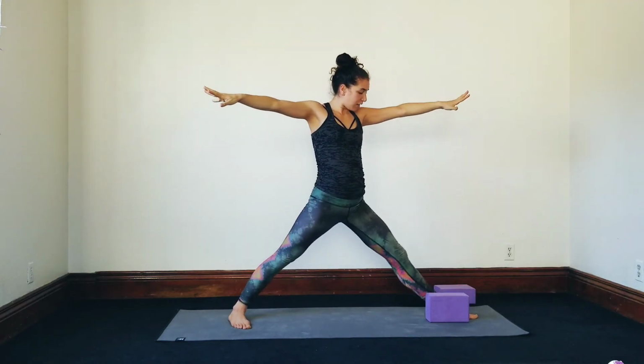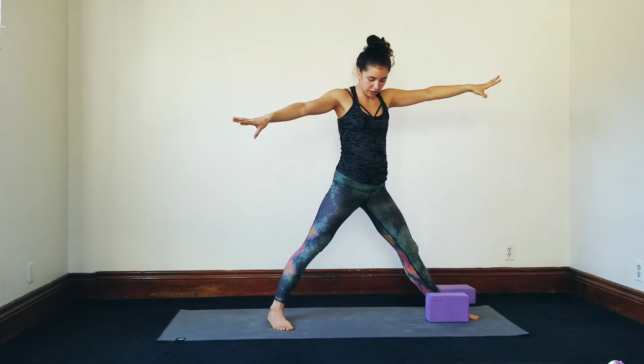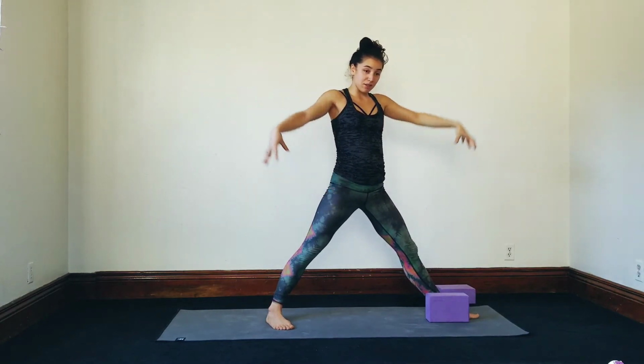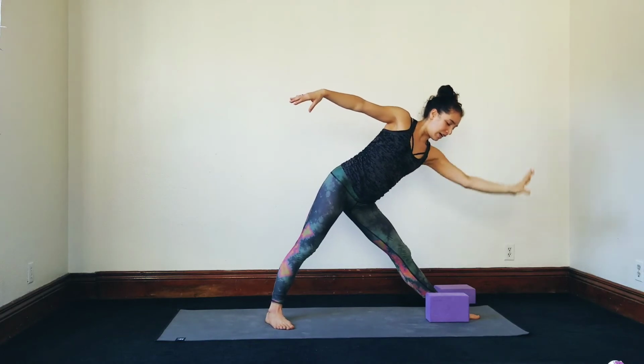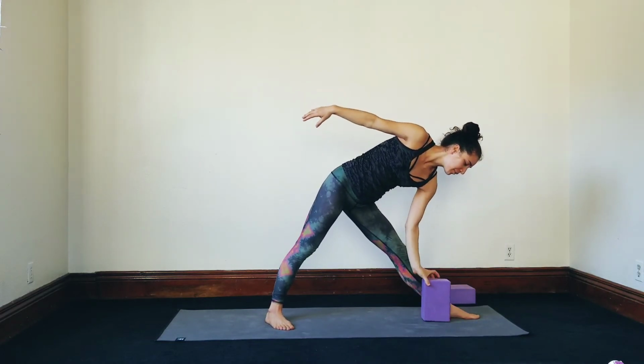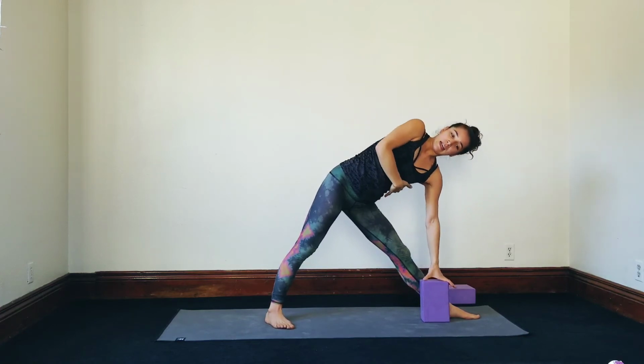Left leg straight, heel toe your back right foot a little bit closer to the front. Keeping both thigh muscles engaged. Inhale, reach your left fingertips forward. Exhale, left hand drop. Right arm reaching up, triangle pose. Both right and left side